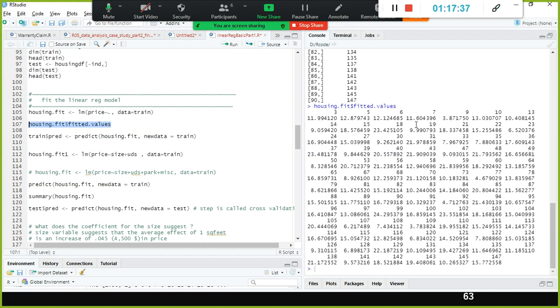These are the predicted values for the training data set. You can directly assign this to train$pred instead of doing this step. I don't want to tell so many things, you will get confused, that's why I did not tell you. So applying the train model on the unseen data is called cross validation.